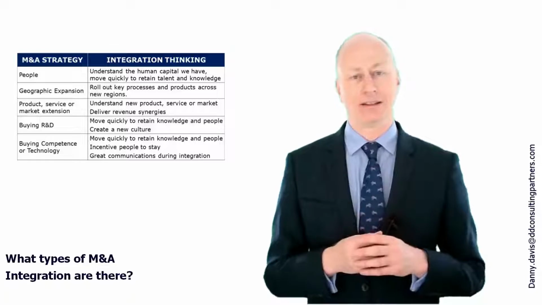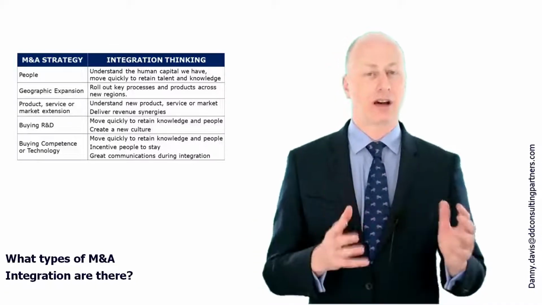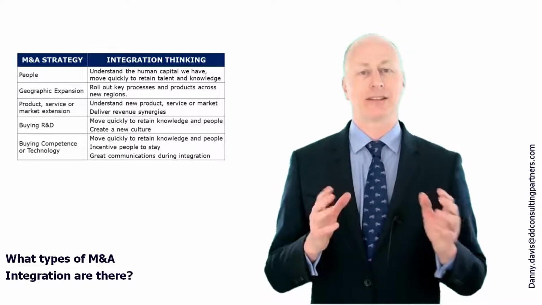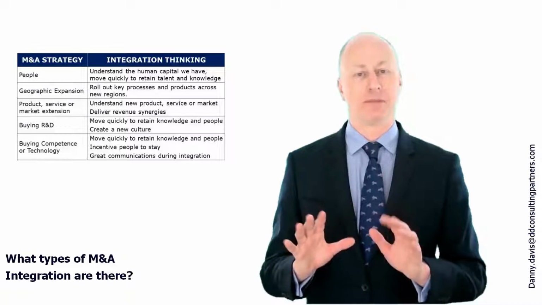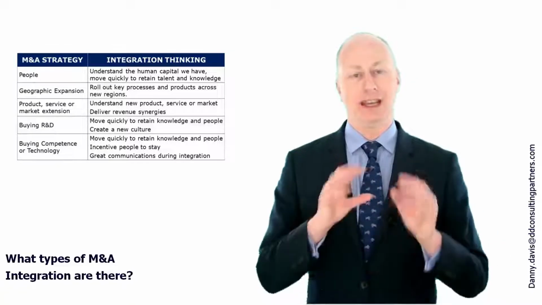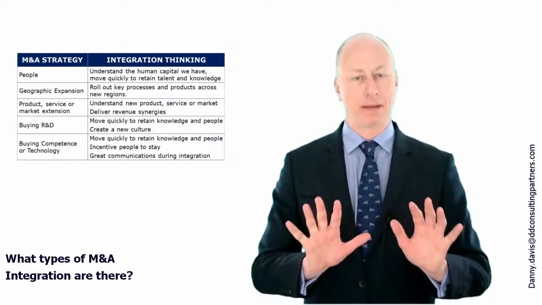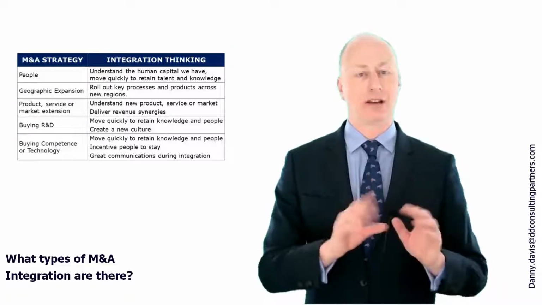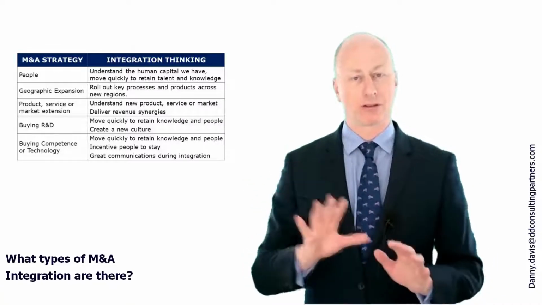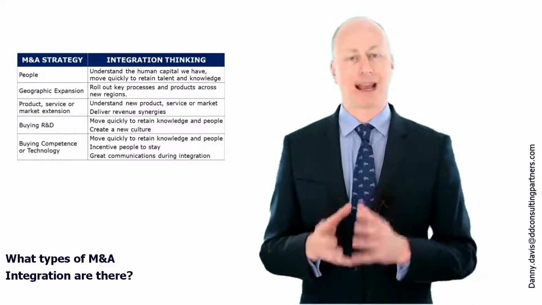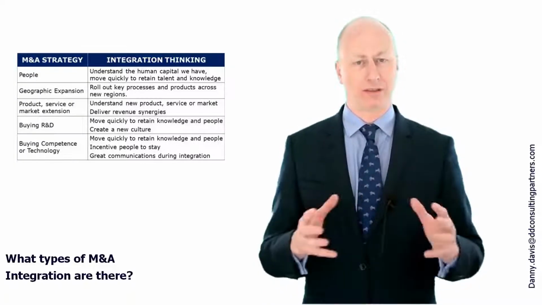So I had a deal many years ago where we were across 15 countries. The target was across 10 countries. And so in looking at different countries that we're in, there was different types of mergers. We were going to do different types of integration. In some countries there was no overlap. In other countries there were big competitors. We were big competitors. In other countries they were much larger than us. We were much smaller. And in some countries we were much larger and they were smaller. We're going to plan those different types of integration, although they all fit into our one overall integration.